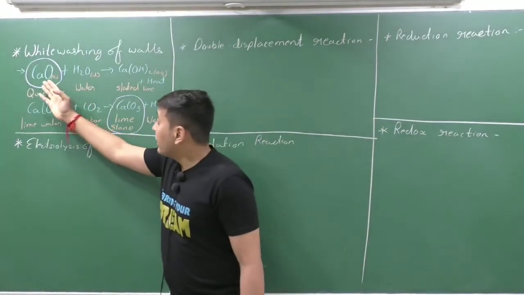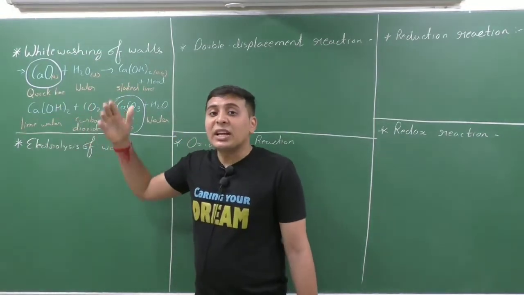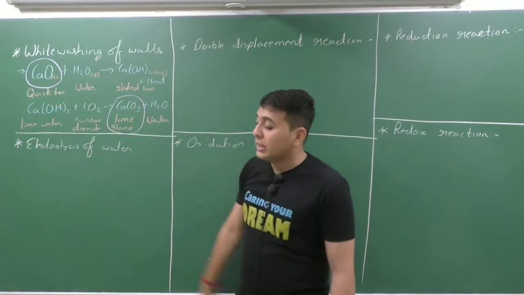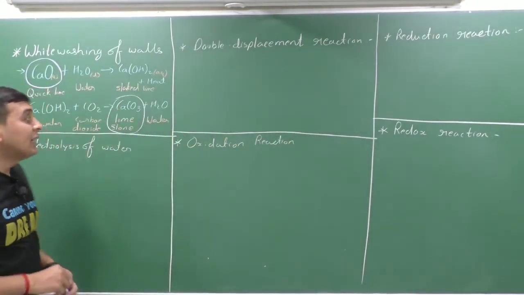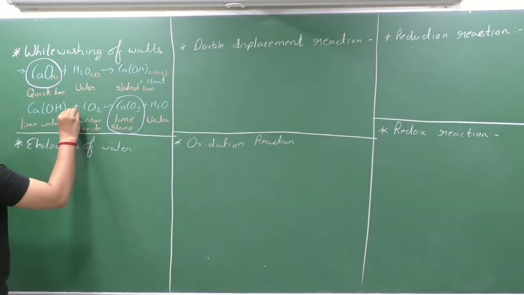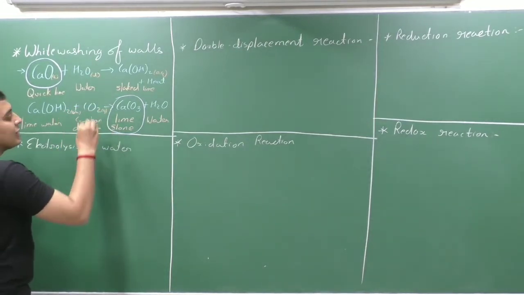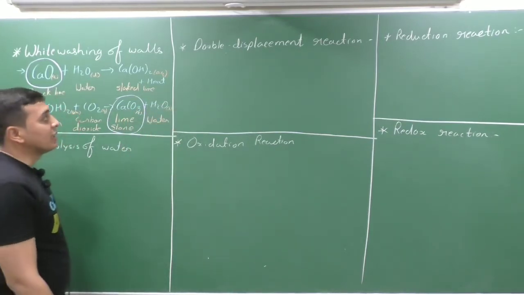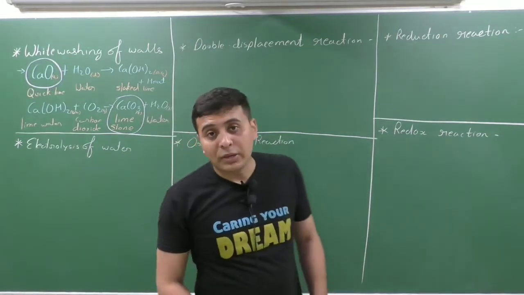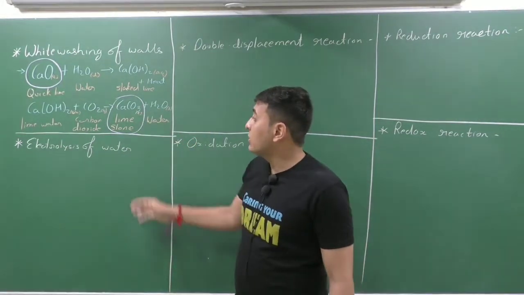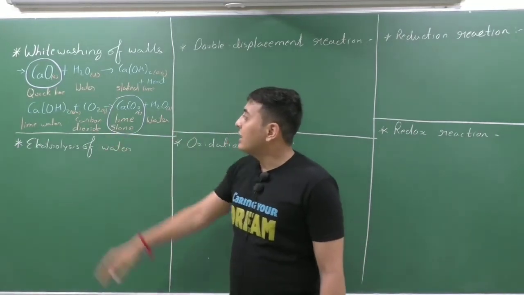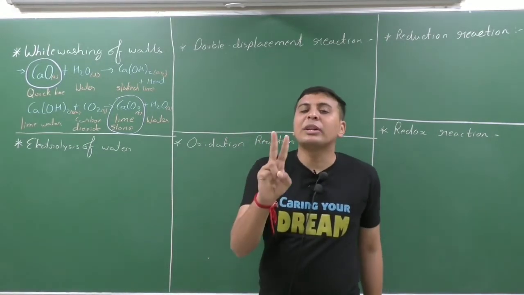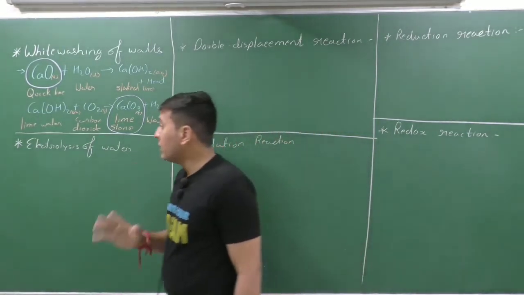Quicklime is a common name of calcium oxide. Otherwise, it can be asked as which chemical reactions are involved in the whitewashing of walls. Then you have to write both of the examples in the detailed chemical equation. What do we mean by in detail? It means you have to mention the states: aqueous, carbon dioxide is gaseous, calcium carbonate is solid, water will obviously be in the liquid state. Clear? So writing the names of the compounds, the states of the compounds, and balancing the equation, that is the detailed chemical equation. Clear? Then you will be able to get 2 or 3 marks as per the marks allotted to the question.